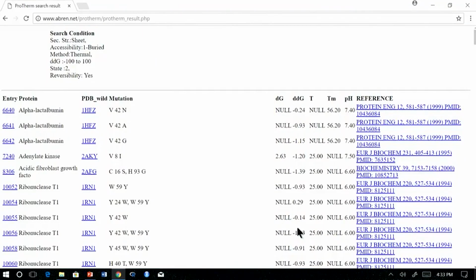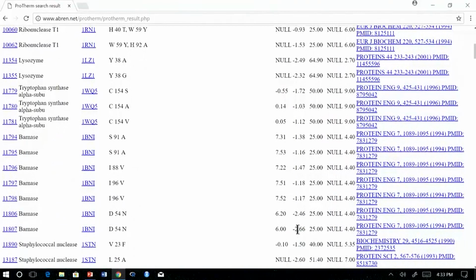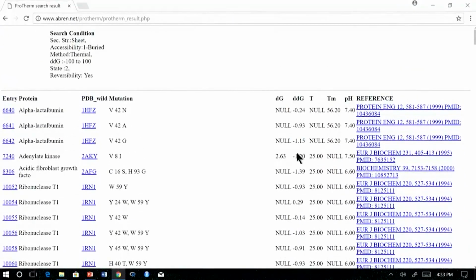Yes, you get the delta G values for the thermal denaturations. So you can use this information for further analysis as well as for prediction. Likewise, you can use the ProTherm